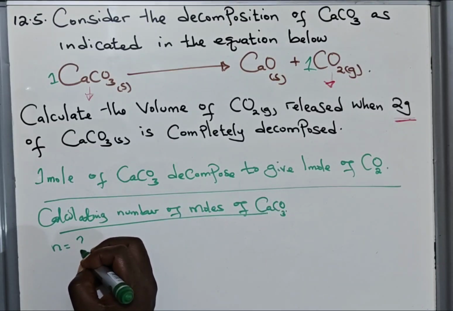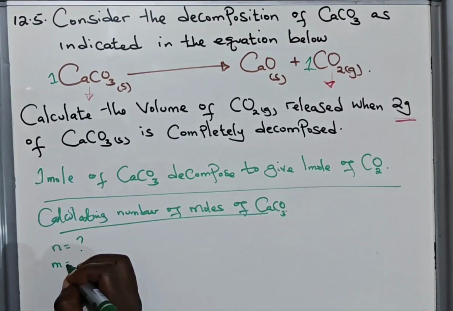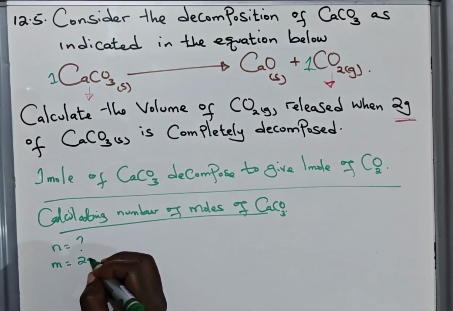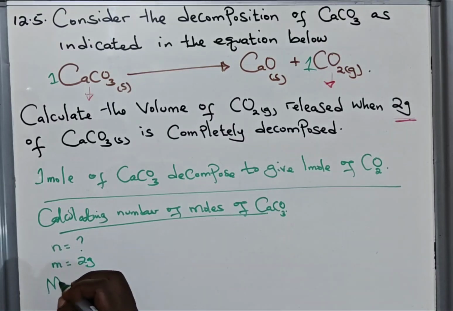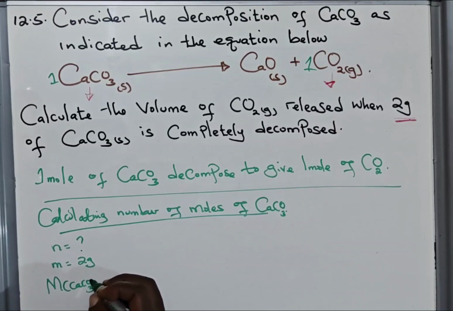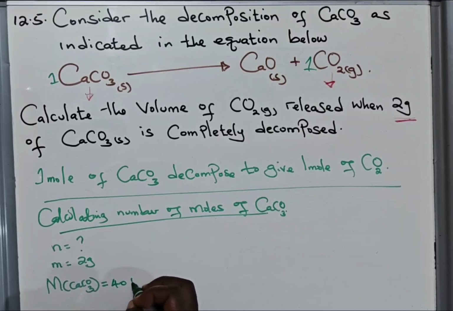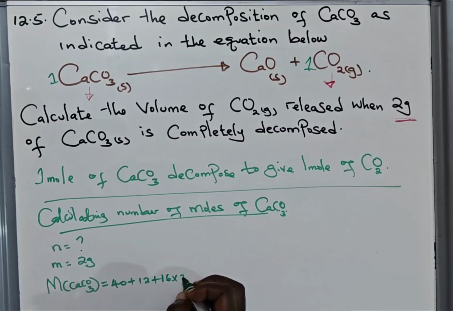We are looking for it, but we know the mass. The mass is 2 grams. And we know the molar mass of calcium carbonate by virtue of knowing the chemical formula. Calcium is 40 plus carbon, which is 12, plus oxygen, which is 16 times 3, giving us